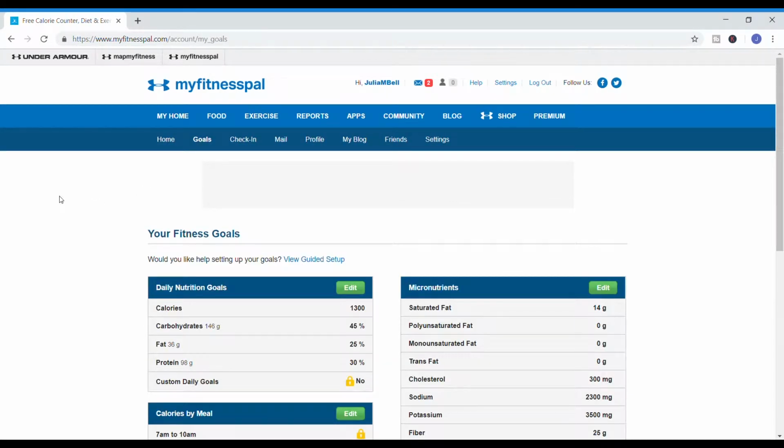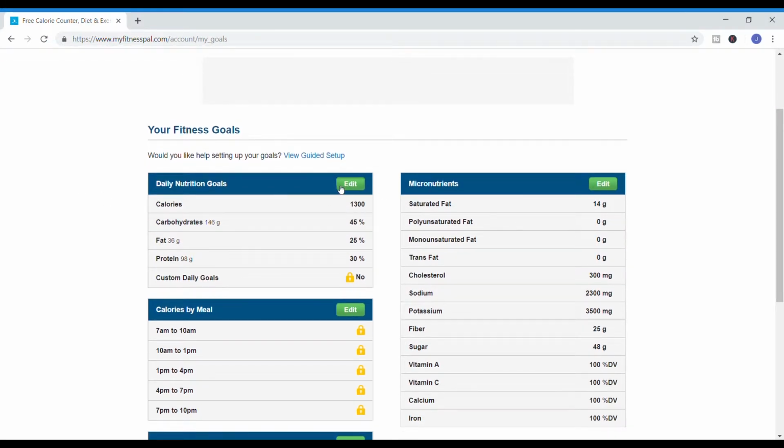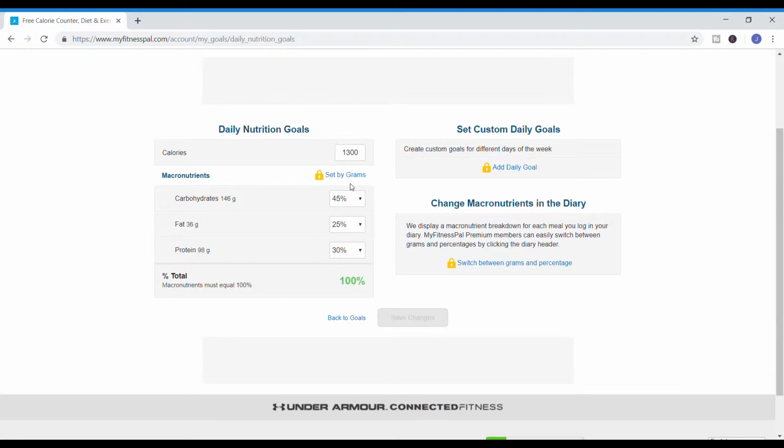But if we go into our goal area, this is where you can update your goals. So from the macronutrients that I give you, your calories and your protein, you can edit them here. So this is an old 1300, but if I change that to 1400 calories per day, and then I want a percentage of my daily intake to come from protein, say 30%,